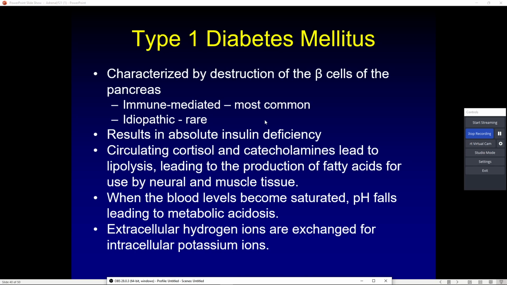So we try to breathe faster, and we end up in a state of breathing called Kussmaul respirations. Kussmaul respirations occur when we breathe faster. They're very shallow, rapid breaths, and that's our body's way of trying to blow off carbon dioxide and partially compensate while we increase our bicarb on the backside.